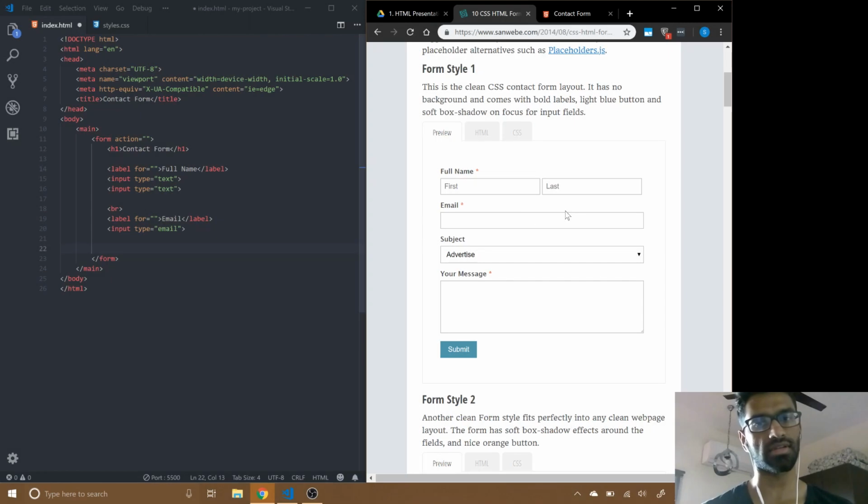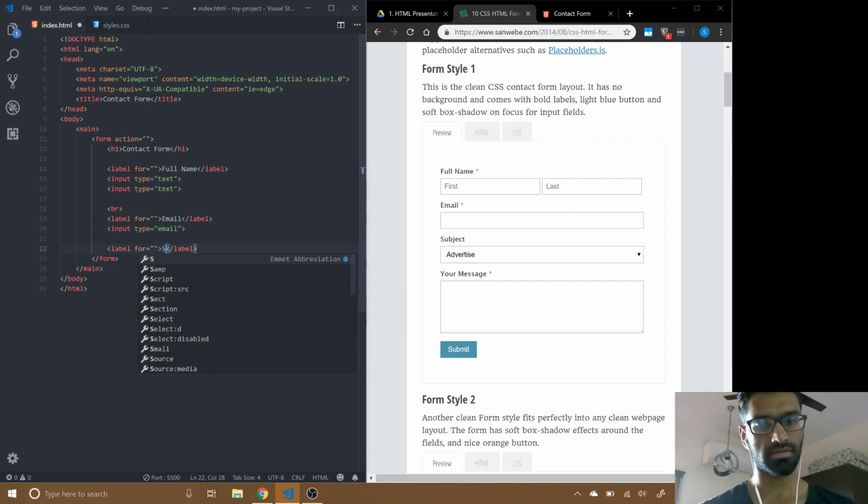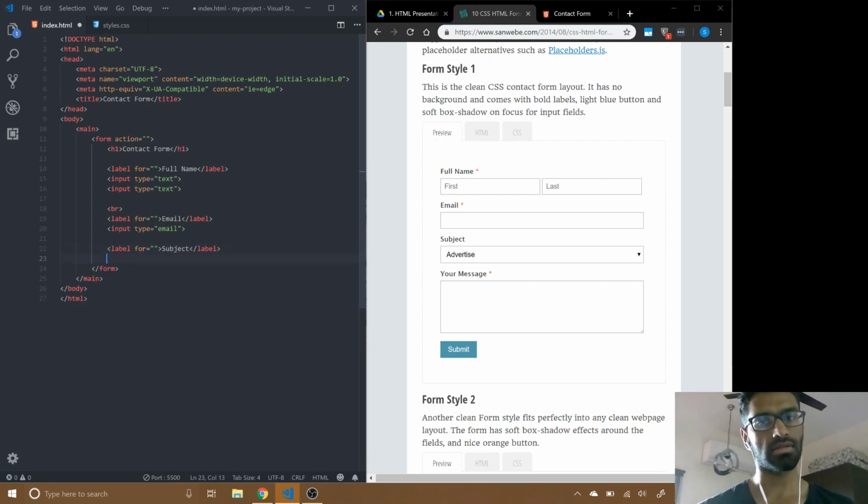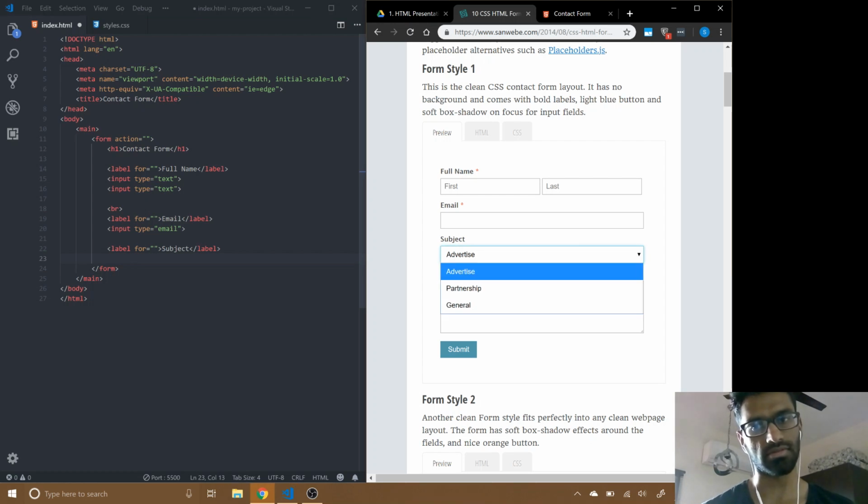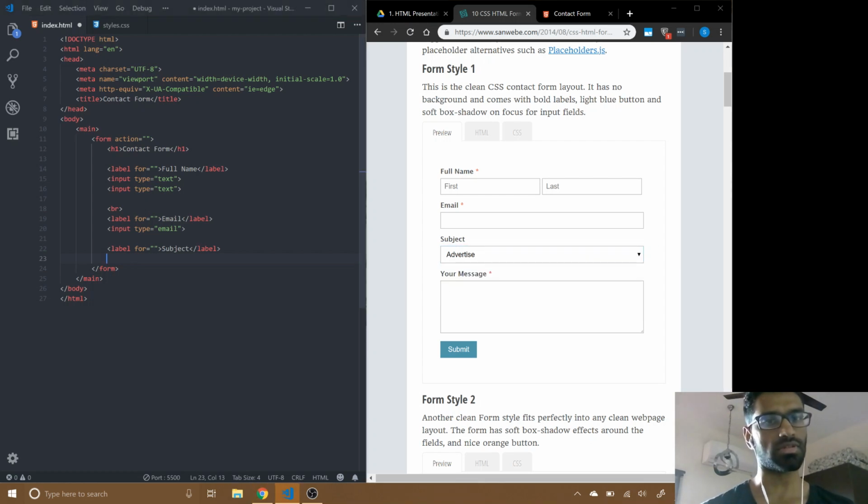After this, we have another label that says subject, right? And this is a drop-down list, so we'll be using the select tags. So we say select, and inside the select tags we'll provide some options. So we'll provide our own options, it doesn't matter. So we'll say option,